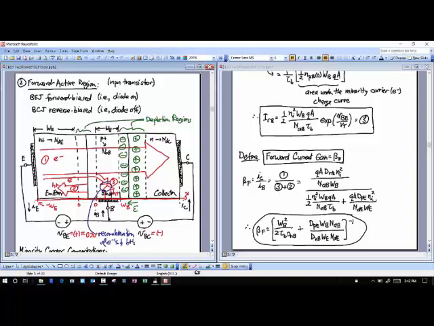Yes? You mentioned that having a smaller doping concentration in the collector is also beneficial. Yes. That comes in through the depletion region in this. I'll talk about that later on, when I talk about how that factors into this whole thing.